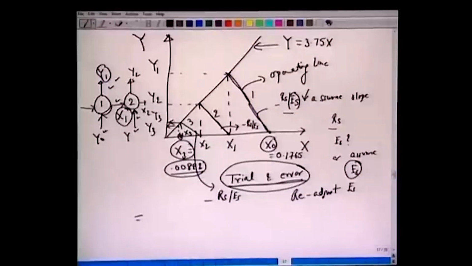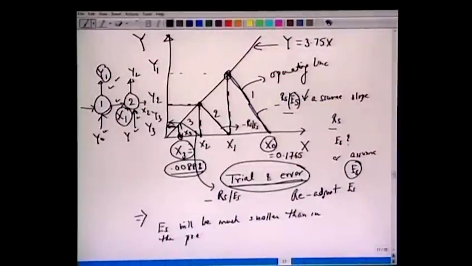We realize that the two exit streams are in equilibrium. So y1 x1, y2 x2 and y3 x3 are on the equilibrium curve. Their coordinates are on this equilibrium curve. If you do this, one can obtain, and I leave this as an exercise to show, that the amount of Es in this case will be much smaller than in the previous case,